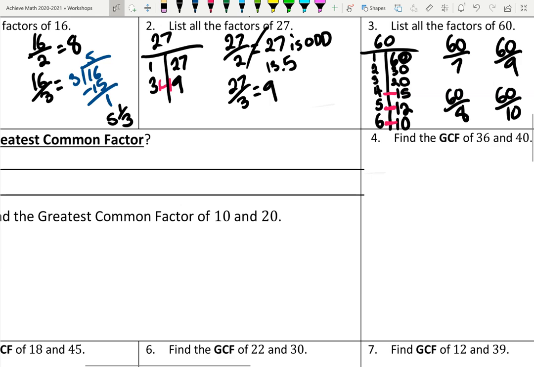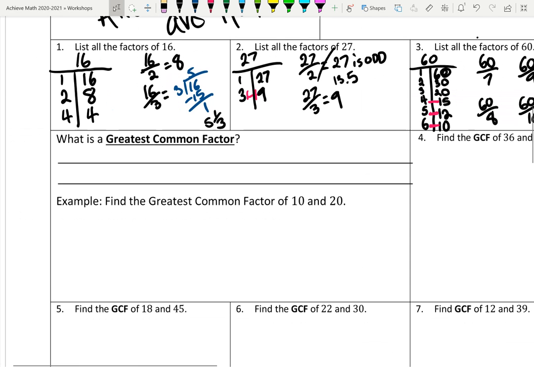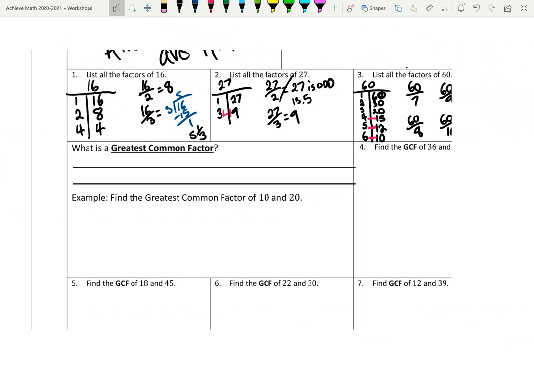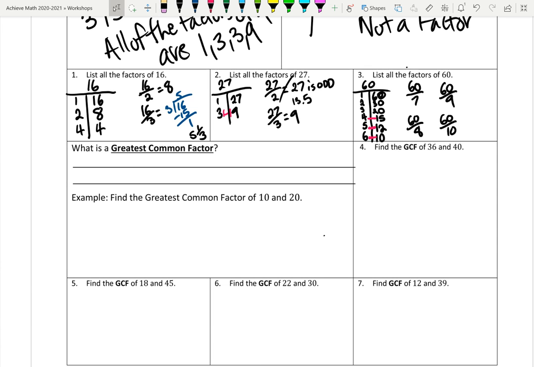All right. This leads to tomorrow's exercise. So essentially, we've got to figure out what the greatest common factor is. Now, like least common multiple, there are 3 parts to this term, aka 3 parts to this definition. The greatest is the largest, common is the same, factor is a number